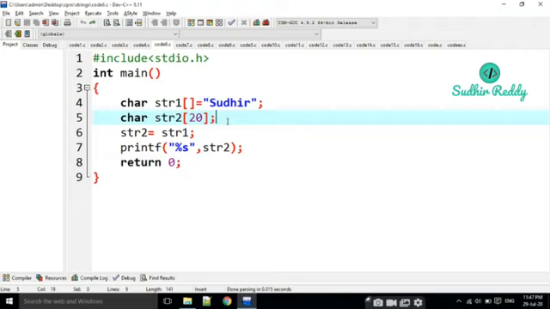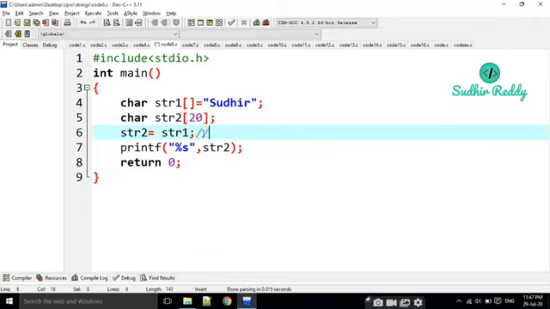Here str is equal to Sudhir. Str2 is equal to str. Look at the question. In arrays also we cannot do like this. If the array values are continuous values, and a string is also continuous values, we cannot assign directly like variables.